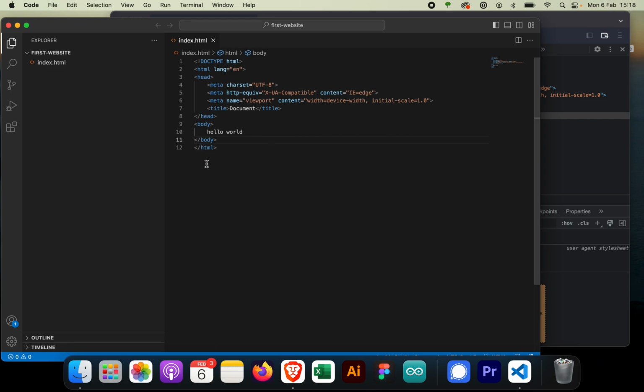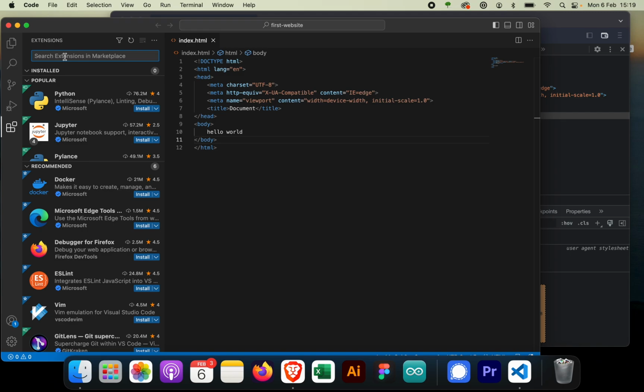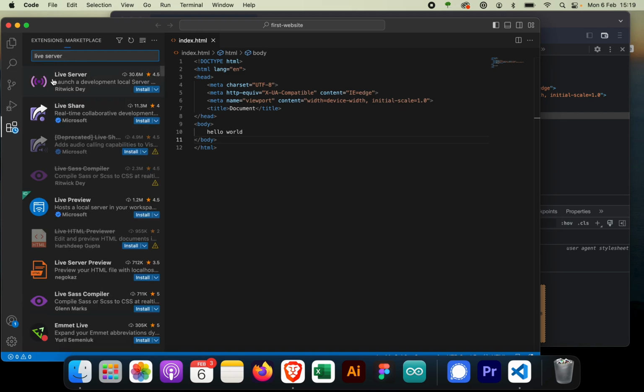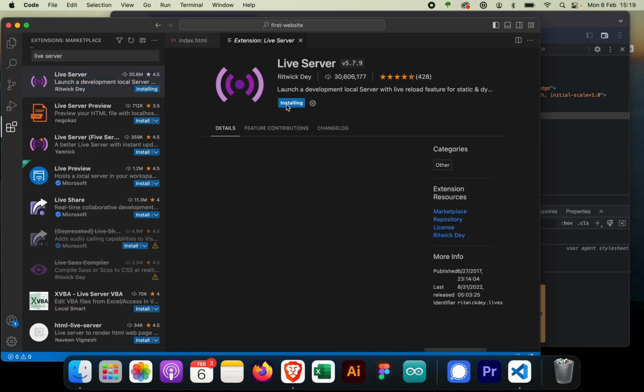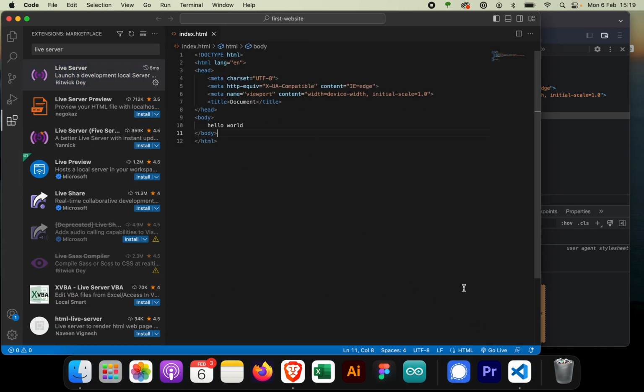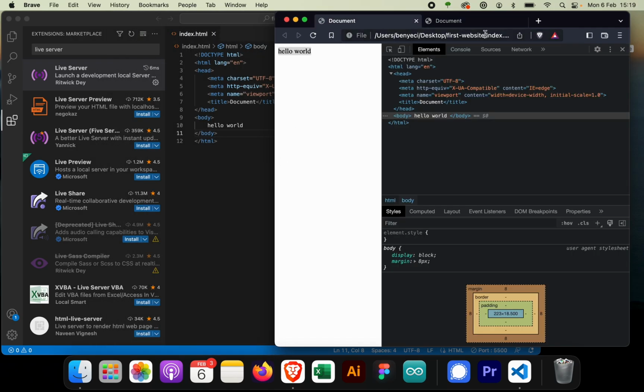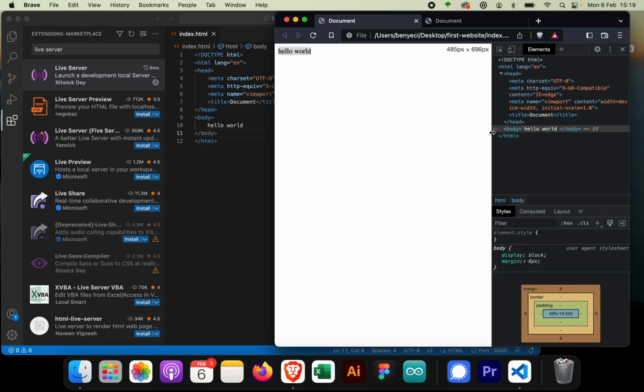To make it easier for me, I'm going to add an extra step and install an extension. So if I click here and look for live server, I should be able to find it. So the first one, I click install. On the bottom of my Visual Studio Code, I should see a new button called Go Live. So if I click this, a virtual server gets created for me. Now you don't need to understand what it is for now, but let's just see why I want to use this. So if I would continue to use this, I would have to keep refreshing the page over and over